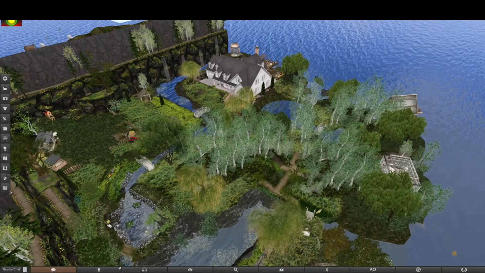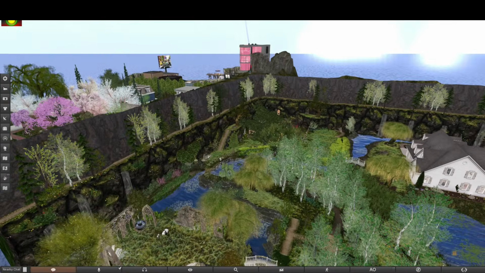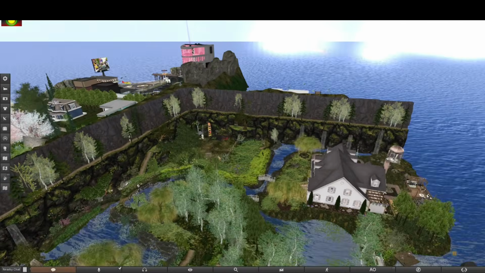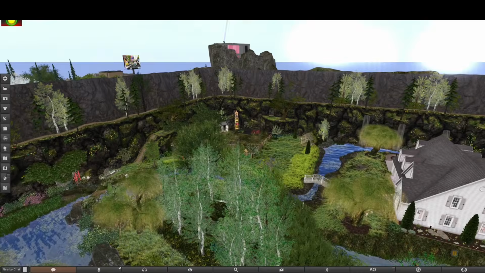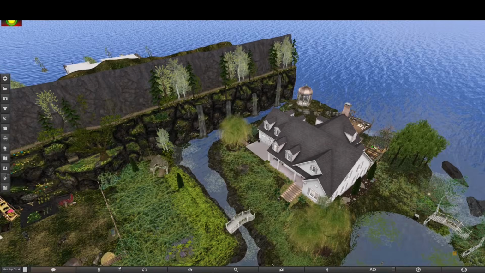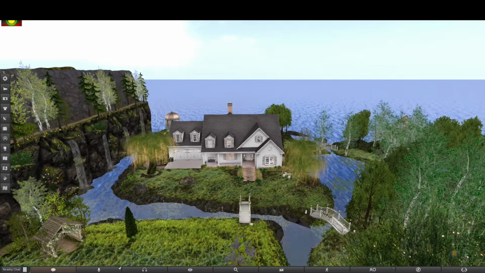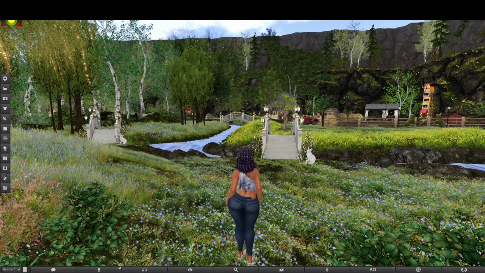And if you want to see anything about decorating it and how I did all that and all the videos, it'll be in one of my playlists for decor. But yeah, I love this land, but it's time to go. However, there is one thing, because